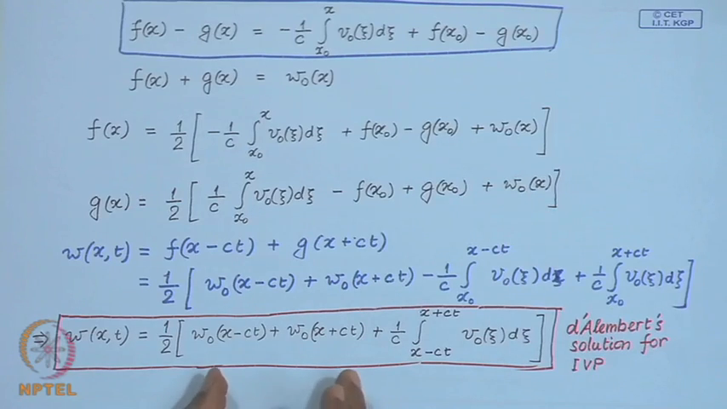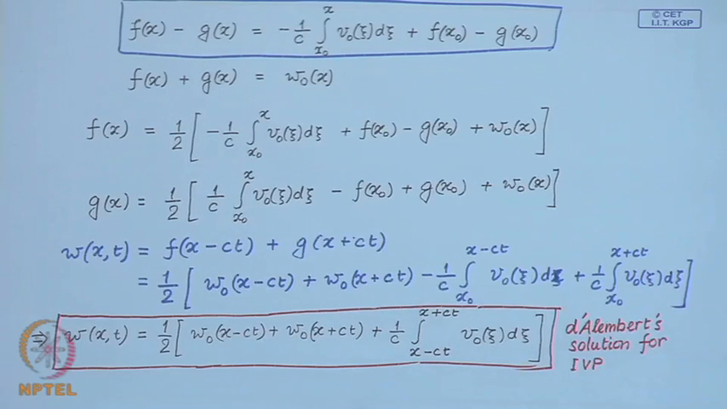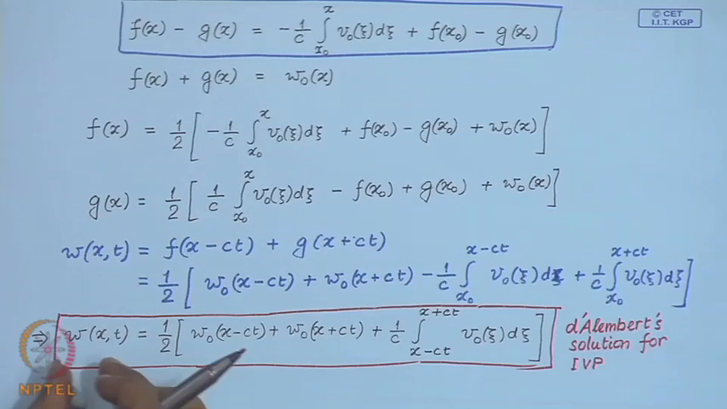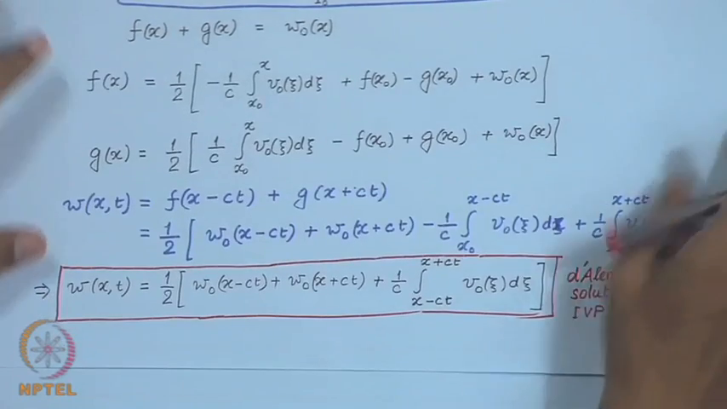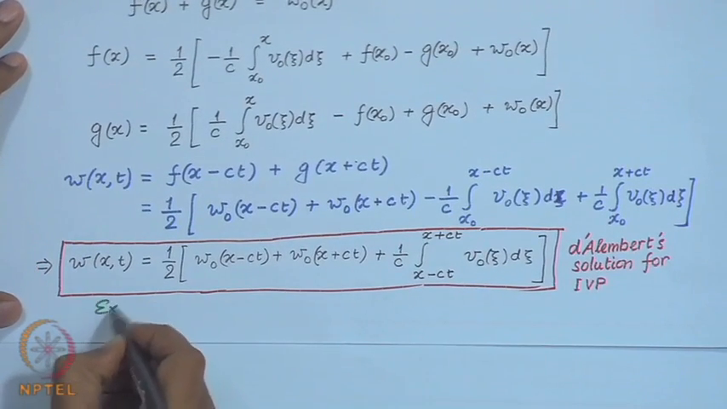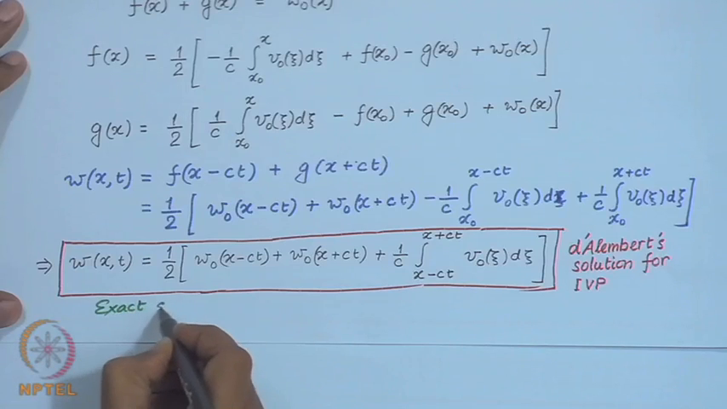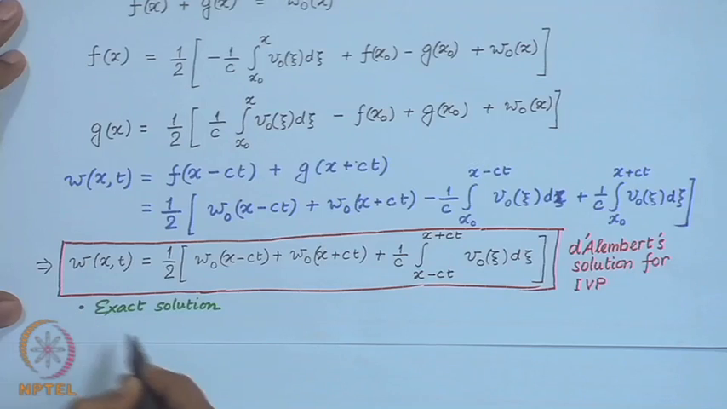So, given the initial shape of the system or the configuration of the system and the initial velocity distribution, using this solution we can determine the solution at any space point at any time instant. So, this solution is an exact solution,